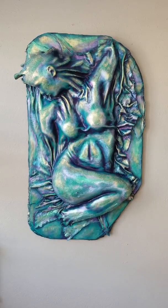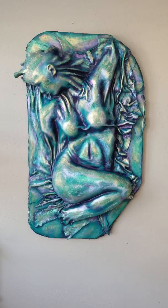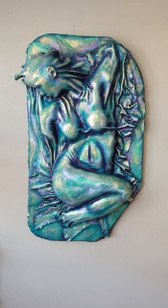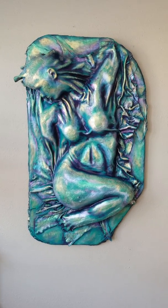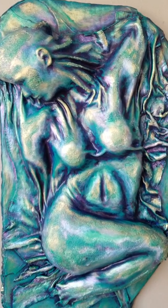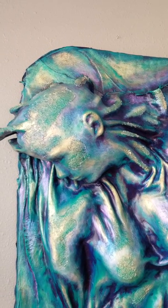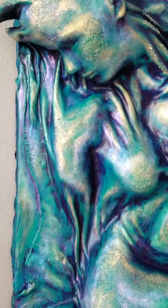So there's an interesting story to this one. I actually made this sculpture back in 2005, I think. And for some reason, I couldn't get it right. I couldn't get the finish right. At one point, this was all white and was covered in feathers, and then it was brown, and it's been a million colors since. But it's one of the stronger sculptures I've ever done, so I didn't want to get